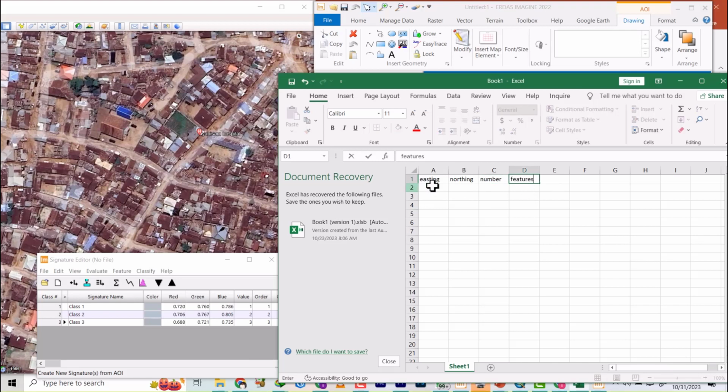All right, so the first 3 columns are what the accuracy assessment box uses. If you put features before this, it will not show. All right, so I'm going to make sure that